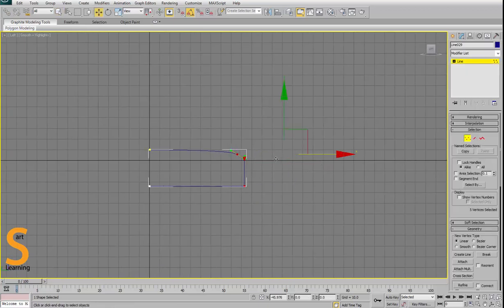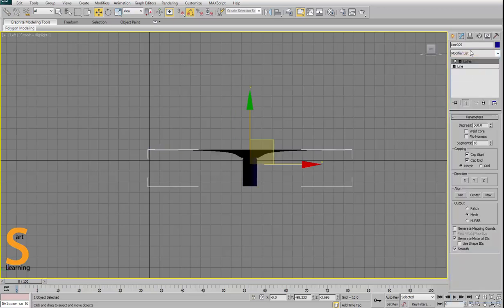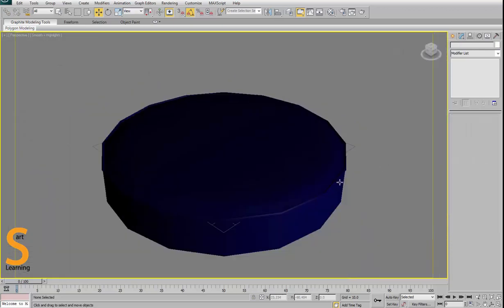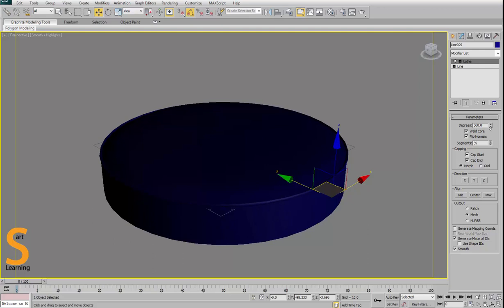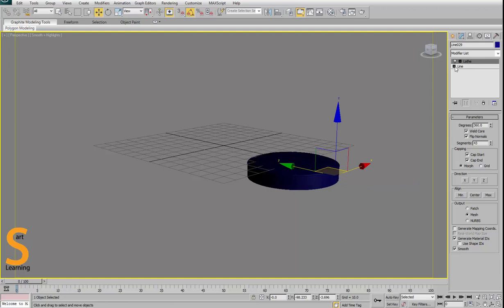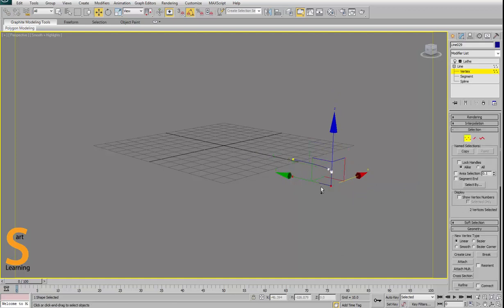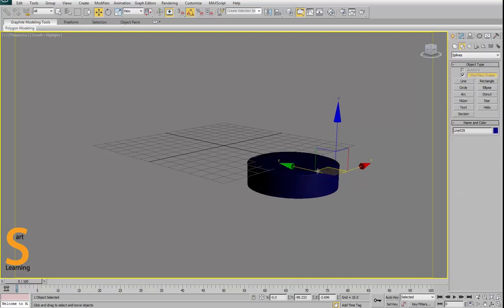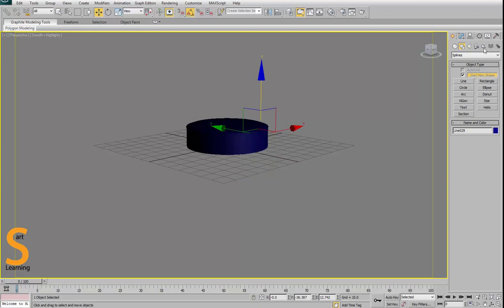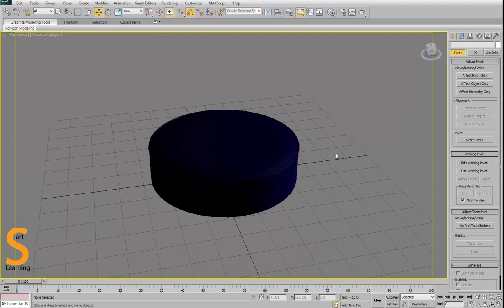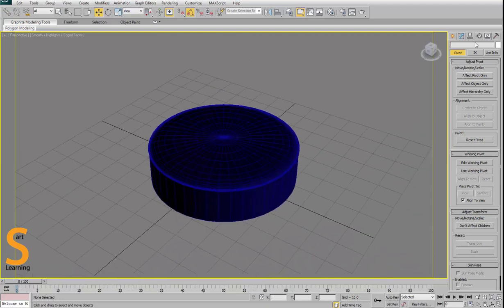I just set the width to set my vertex and go to modify, say lathe, give minimum, weld core, flip normals. It is a little bit hard, so I give extra segments in the roundness so it looks more smooth. Now you can set the vertex anytime, so I increase the height and move it into the center. Now my seat is ready, so I just center the pivot with affect pivot and center to object.